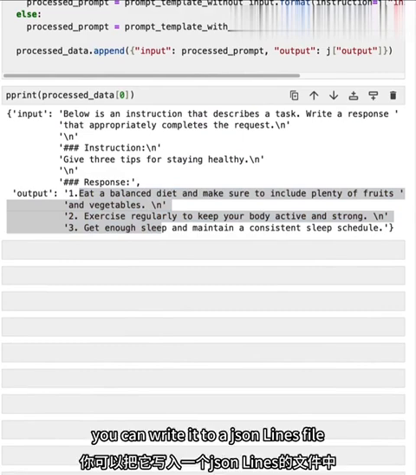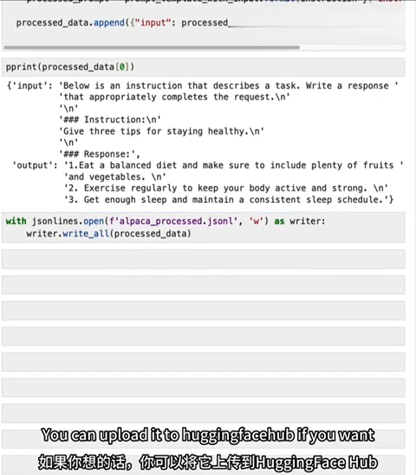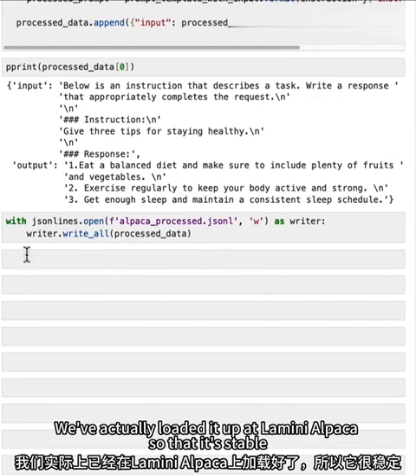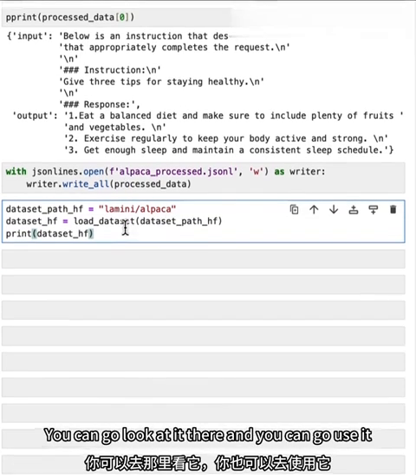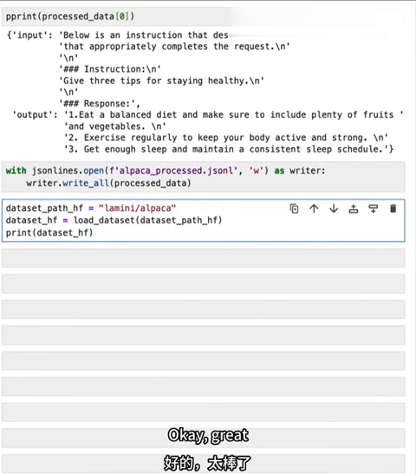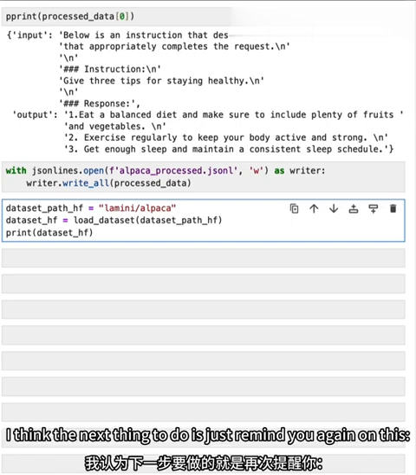Cool, and just like before, you can write it to a JSON lines file, you can upload it to Hugging Face Hub if you want. We've actually loaded it up at Lamini/Alpaca so that it's stable. You can go look at it there, and you can go use it. Okay, great. So now that you have seen what that instruction following data set looks like,